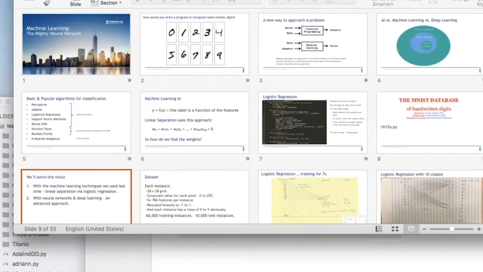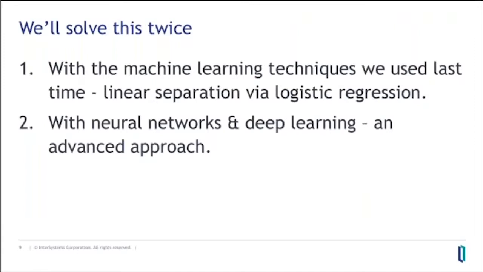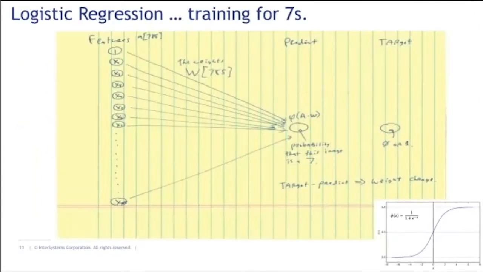Okay, so we're going to solve this problem twice. One is this logistic regression that I just went through, a simple linear separation. And then we're going to dive into deep learning and show how that may improve it. Okay, just a slight reminder on the formula